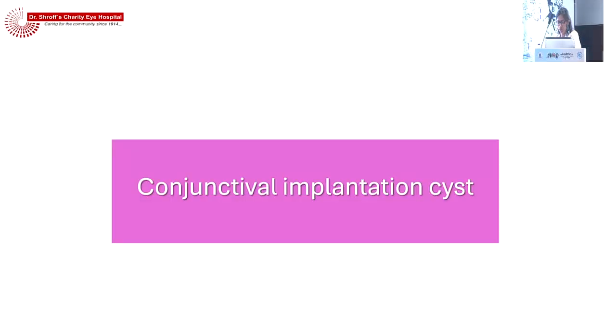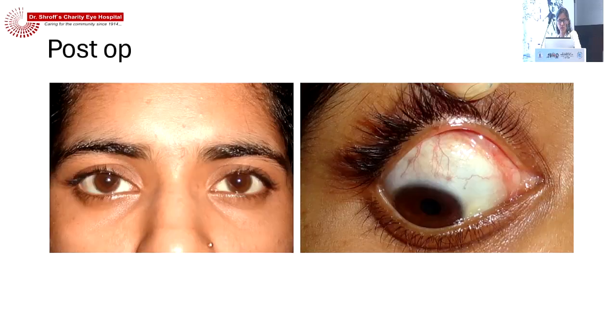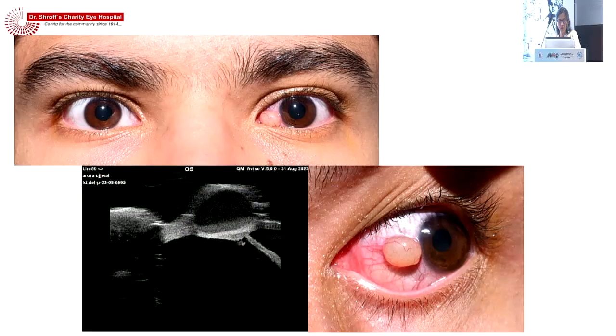So these are again the implantation cysts, mostly seen in the fornix, but sometimes they can be seen in other locations also. So this is the postoperative picture of the same patient. This was post-excision. But really, you can have bulbar conjunctival implantation cysts also. This was a young child, in fact, an early teenager. He has had this lesion since early childhood, since birth, as per the mother, but it has increased in size recently, and that's why they have come, because the cosmesis was a concern, and of course the ocular surface tear film